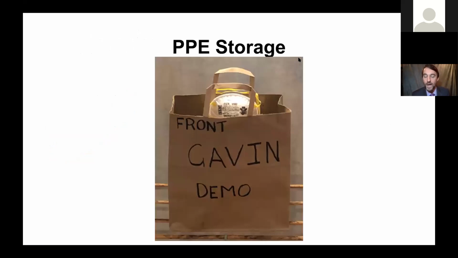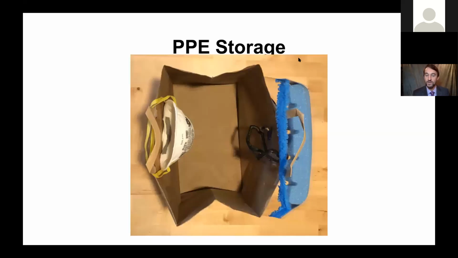How do I store my N95 when I'm not using it? I use a paper bag like this one. I hang it over the handles. It allows air to circulate and dry out the mask. As Becky said, the mask gets wet from breathing, talking, and from sweat. This is what my bag looks like in a hospital. I have my face shield, my eye protection, and my N95 hanging up, ready to use. I've cleaned and disinfected my face shield and my eye protection, and I'm hanging up my mask to let it dry because it does get wet over the period that I've worn it.